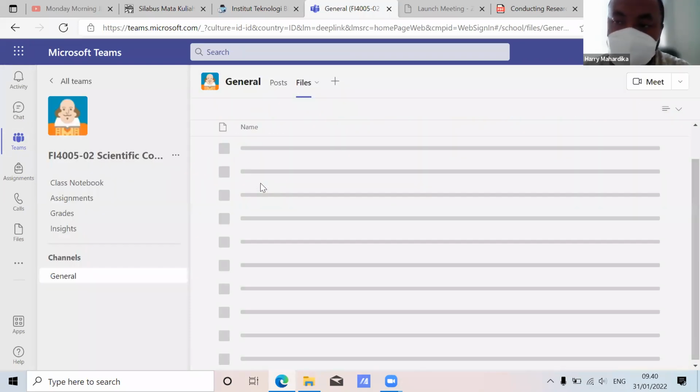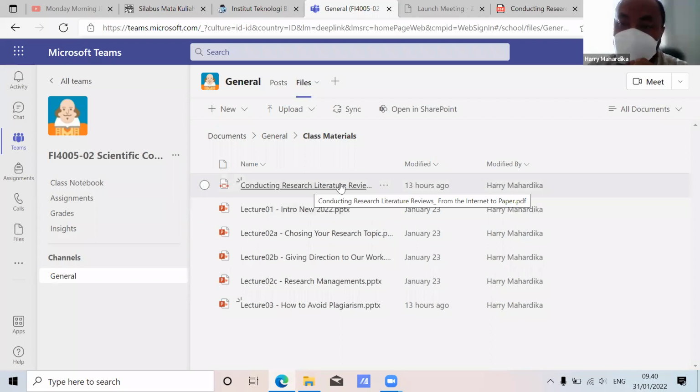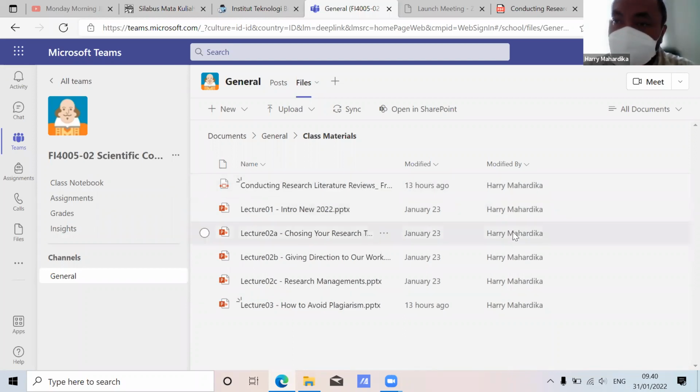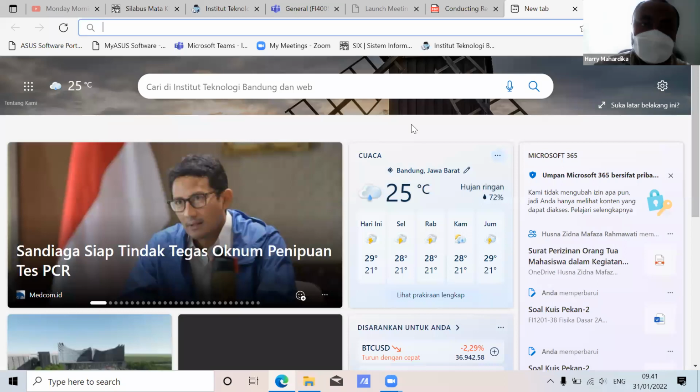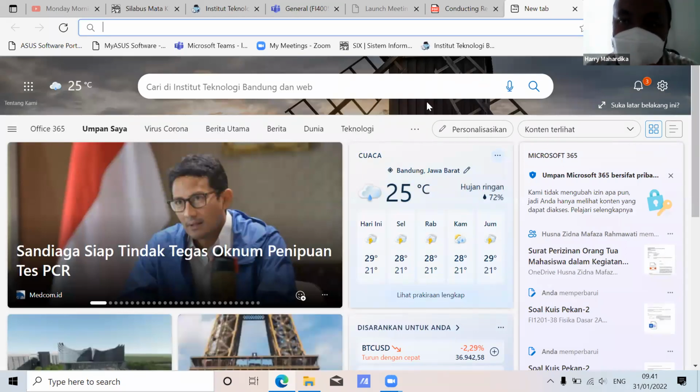Okay, here in the class materials, conducting research review, from internet to paper. And before I'm closing today's lecture, I'm going to show you a way to also conduct a literature search. For example, when you are planning to search for certain keywords,